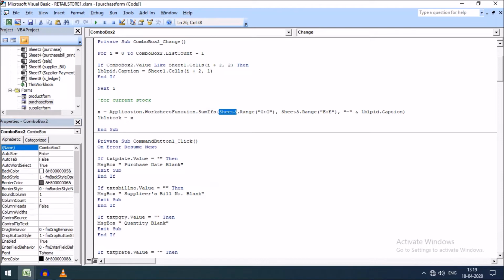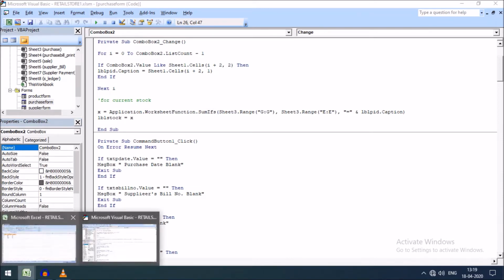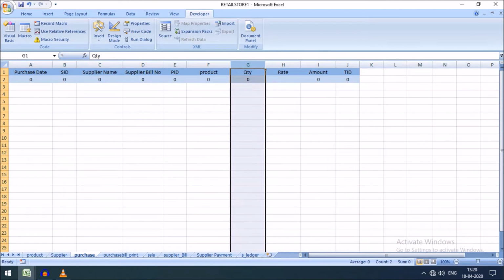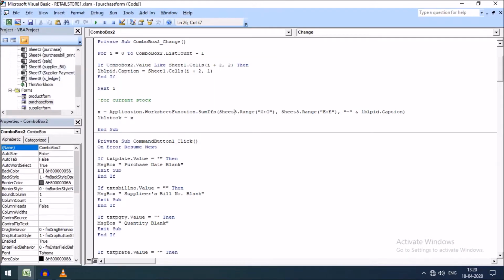And sheet 3 dot range gg, you can go back to sheet 3, here it is, and the gg column holds the quantity of the product purchased. So the total column will be summed if sheet 3 dot range ee is equal to lbl pid dot caption.